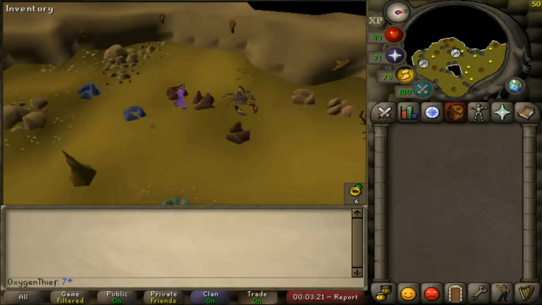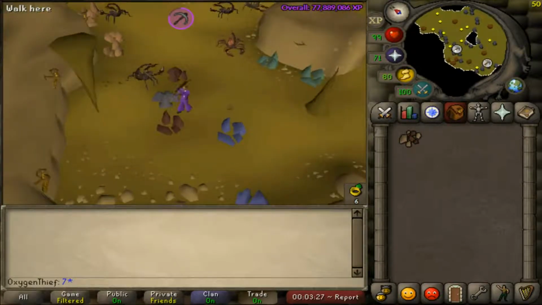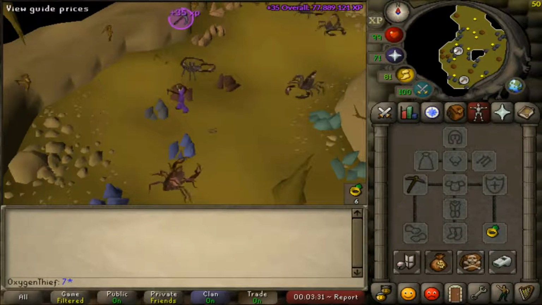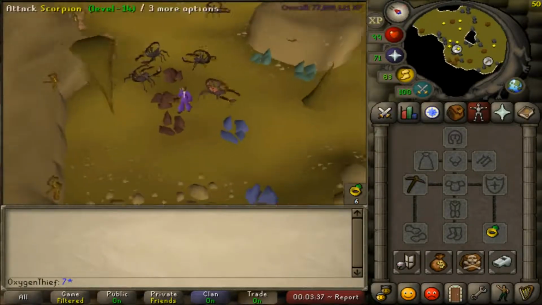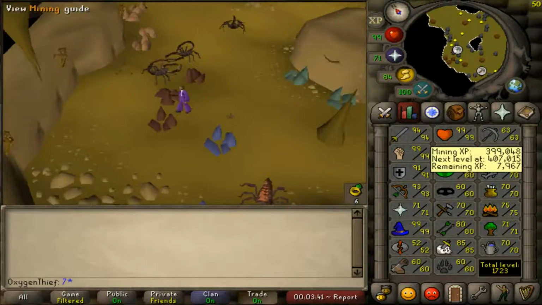These are pretty easy to mine. They're very quick, and depending on your mining level and what pickaxe you're using, the times really do vary, so I can't give you an accurate GP per hour, but we've just mined 2 there. They're worth almost 100 GP each. You can probably do quite a few inventories of these per hour, so it's definitely a decent way to make